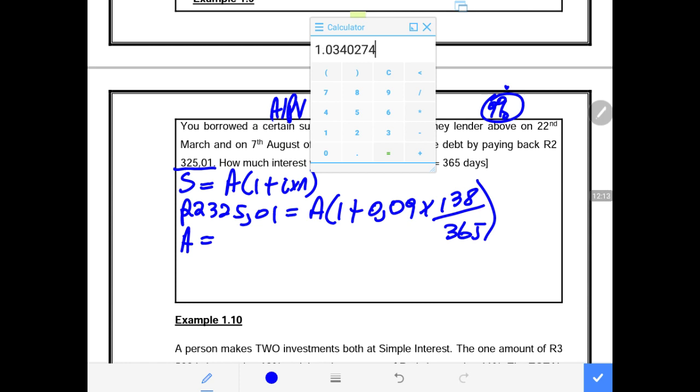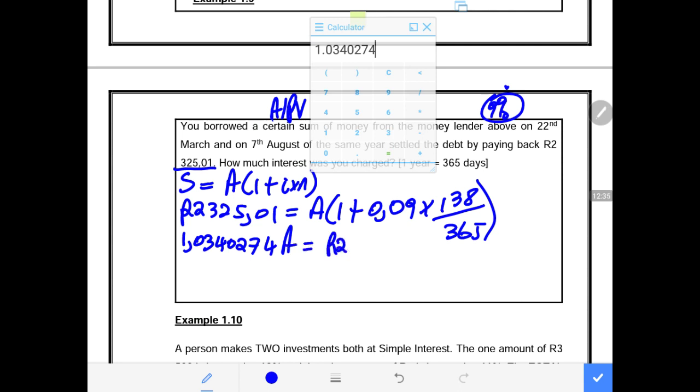Then this gives us 1 point something. Then we say 1.0340274. A equals 2325.01. Then after we say